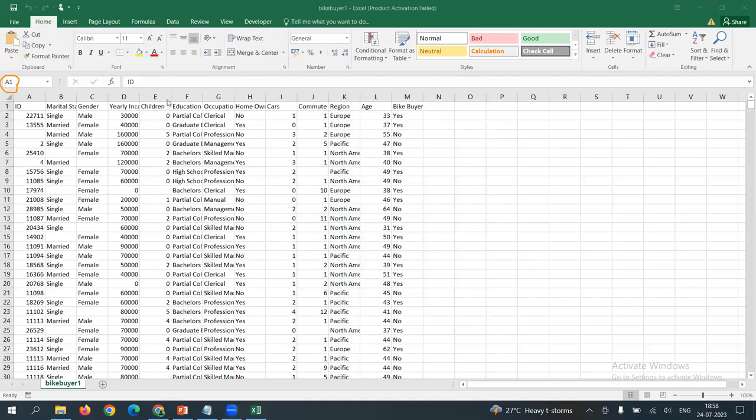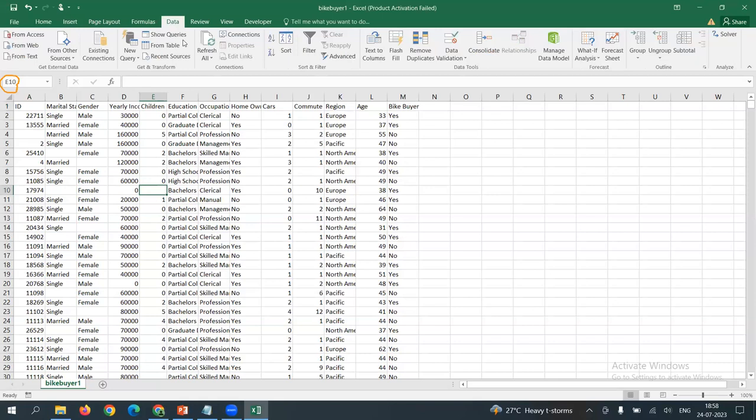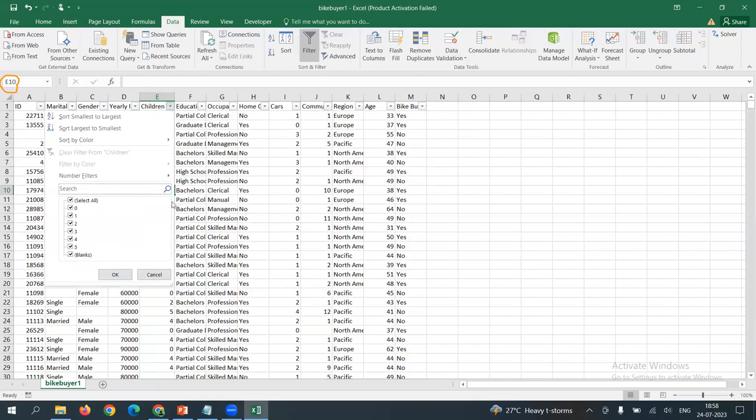Yes. Look at the children column. The children column is a continuous data item. Does it have any range or scale? How to do that? Go to your data, put a filter on the children column. If I drop down the filter, what are the minimum and maximum values for children? That means a respondent can have what categories? Either 0 children, 1 child, 2 children, 3, 4, 5, and some null values also. Blanks mean the children column has null values. Some respondents did not give information on how many children they have. That means the minimum should be 0, the maximum should be 5, correct.